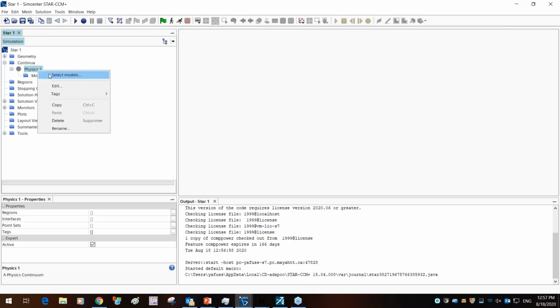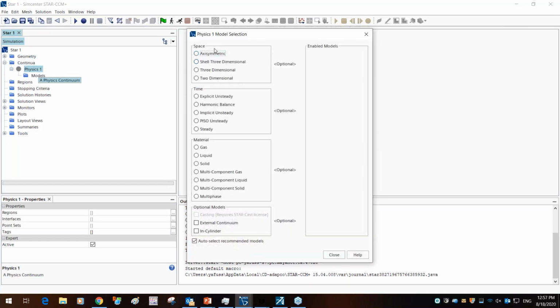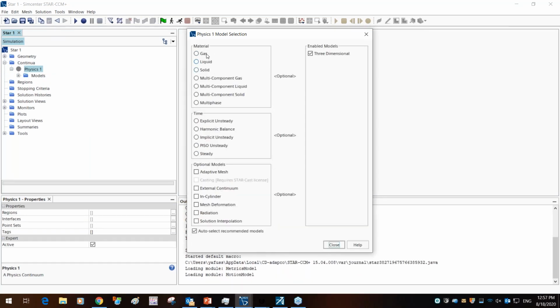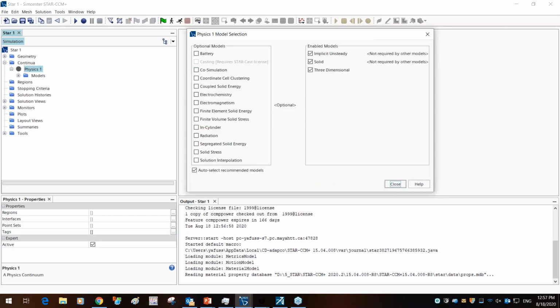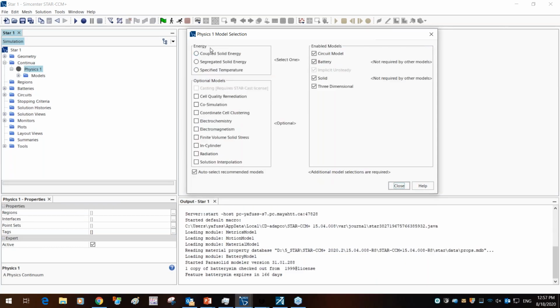Right off the bat, when you select the models for the physics continuum for the battery simulation, we're going to do a three-dimensional simulation, solid, and implicit unsteady because we're running an unsteady simulation, and then activate the battery module. Once you've activated the battery module, you can select the energy equation if you'd like to resolve that.